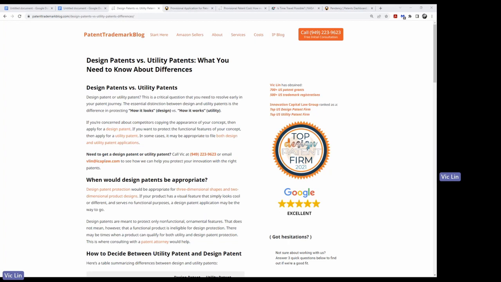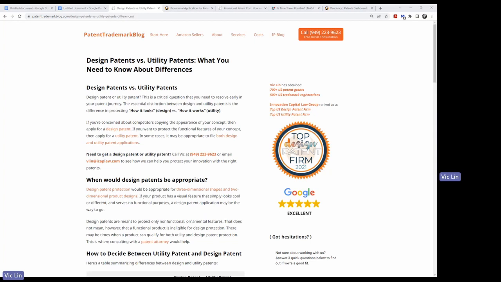We're not going to get into the mechanics of how to file a provisional and all the details and formalities. This is more of a big picture overview of the significance of a provisional and the purpose of a provisional patent application. And I think that's really important for you to understand because you don't want to get lost in the weeds of all the technical details of submitting a provisional that you overlook the most important thing, which